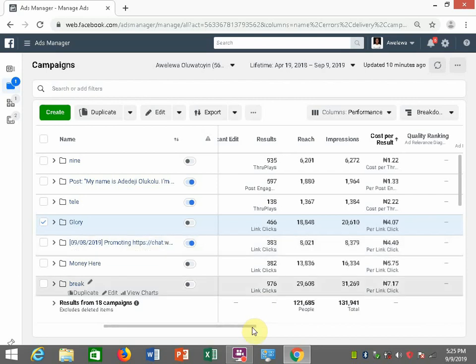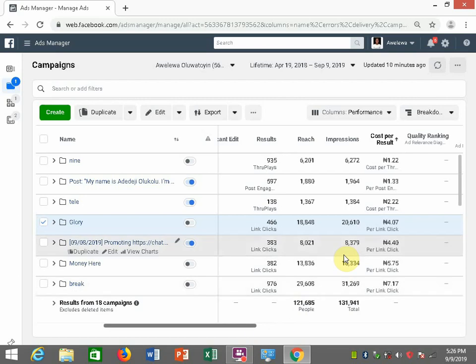And you know your potential customers are very impatient. They didn't come to Facebook to buy something. They didn't come to Facebook to check you out. They came on Facebook to check out what is happening in the lives of their friends and family. They came to check their timeline, their news feed, they came to check gossips and gists, and they want to know what's happening in the life of their friends and all that. That's what they came to check. They didn't come to check adverts. So if you waste a lot of their time, they'll just forget about your ad and move on to something else. So it's important that you check your web images.